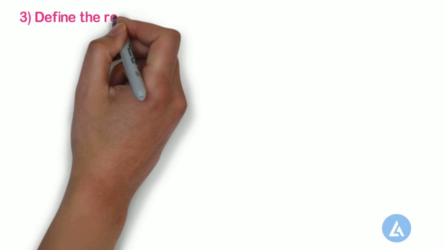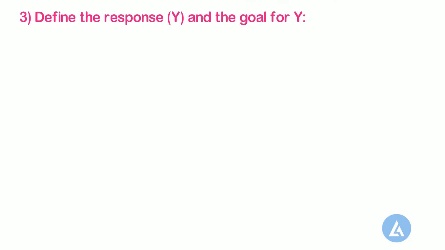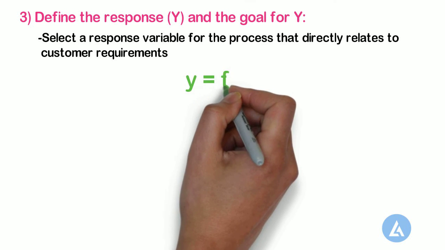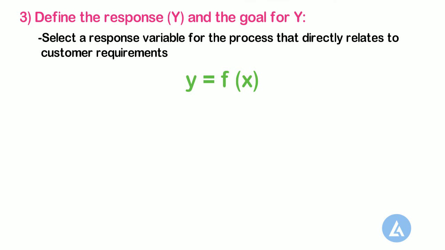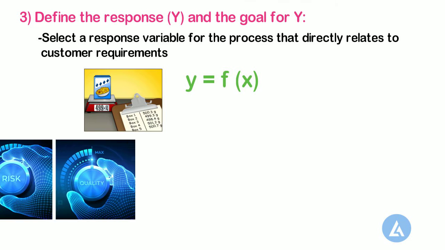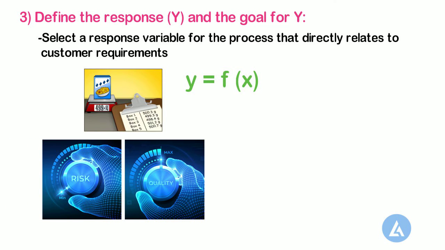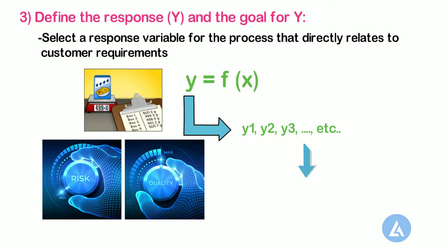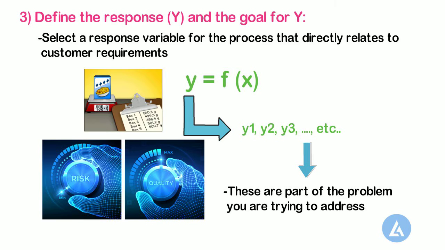3. Define the response Y and the goal for Y. Select a response variable for the process that directly relates to customer requirements. Typically, a good response variable is continuous and can be used to define an overall goal for the process, such as a minimum or maximum. You may have more than one response related to your process. In many cases, these additional responses are part of a problem you are trying to address. Some common examples of additional response variables are